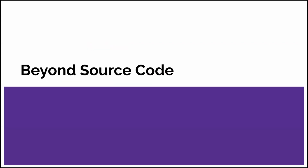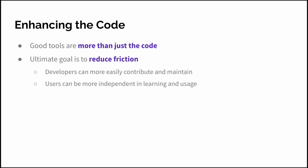Okay, and then I think I'll pass it off to Gus for the next couple sections. Thanks, Ethan. All right, so we talked about how we kind of look at building tools and getting them up and running, but obviously there's more to good tools than just that, right? Can we go to the next slide? Right, so